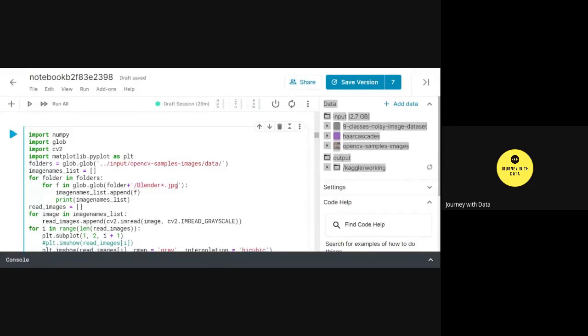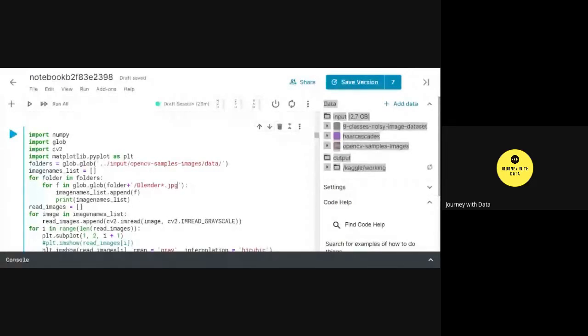So I'm reading those files and appending. To append an element to a list, we use dot append: the list name, which is image_names_list in this case, and then the append method.